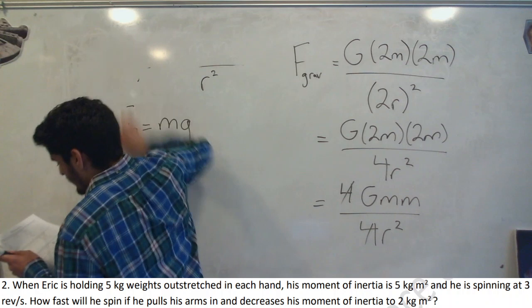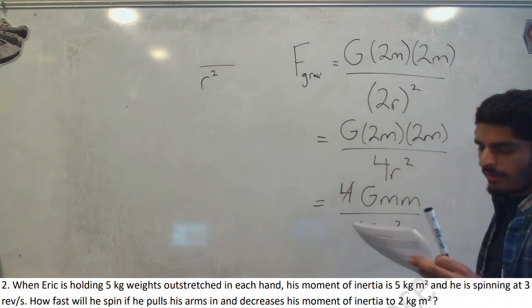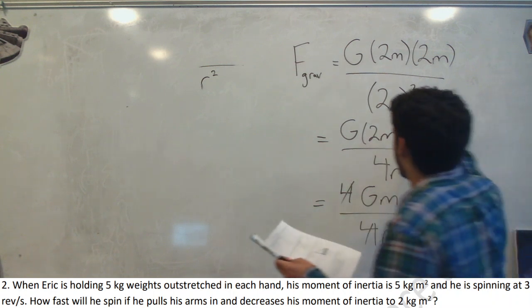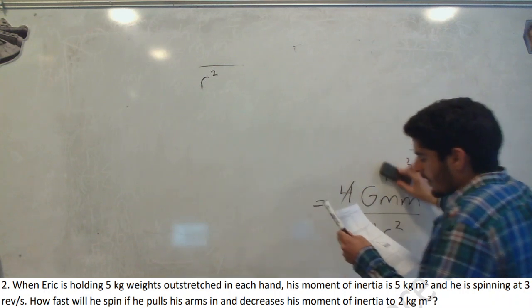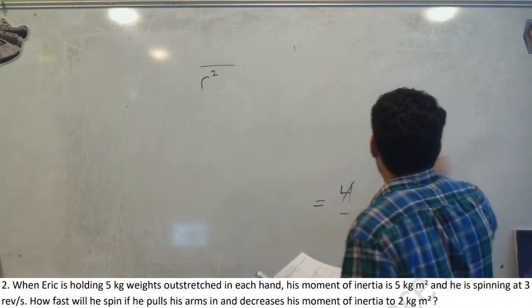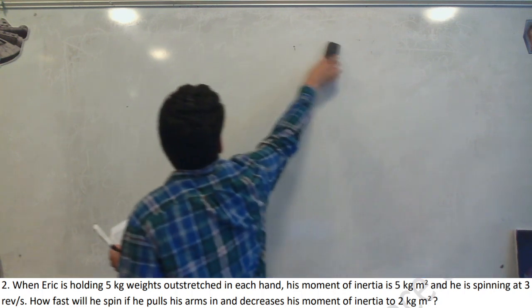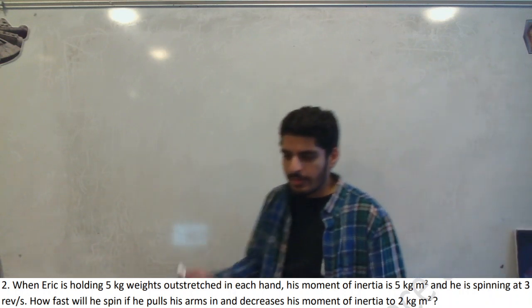So number 2, we have Eric holding weights in his hand, and it tells us his moment of inertia. It tells us how fast he's spinning angularly, and we want to know what is his angular speed after he changes his moment of inertia. And so the easy way to solve this problem is to realize that at any time you're spinning,